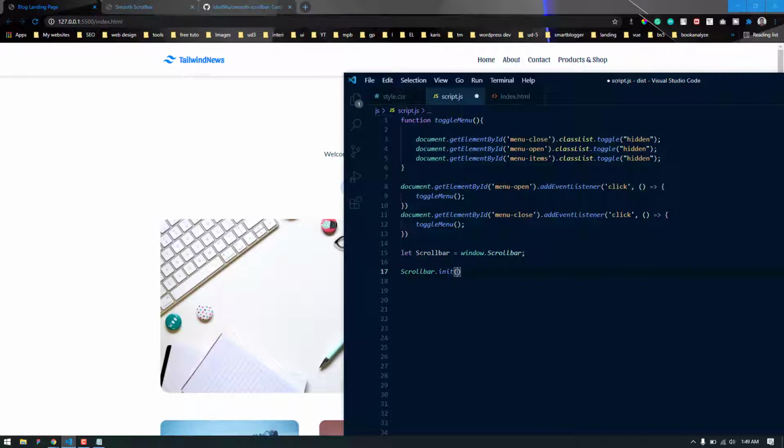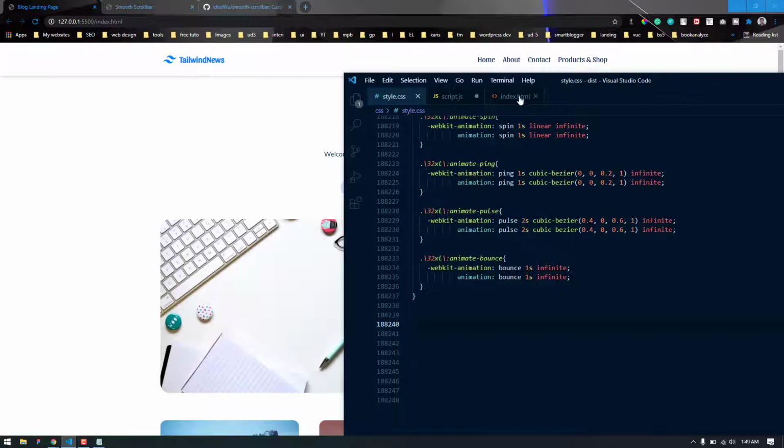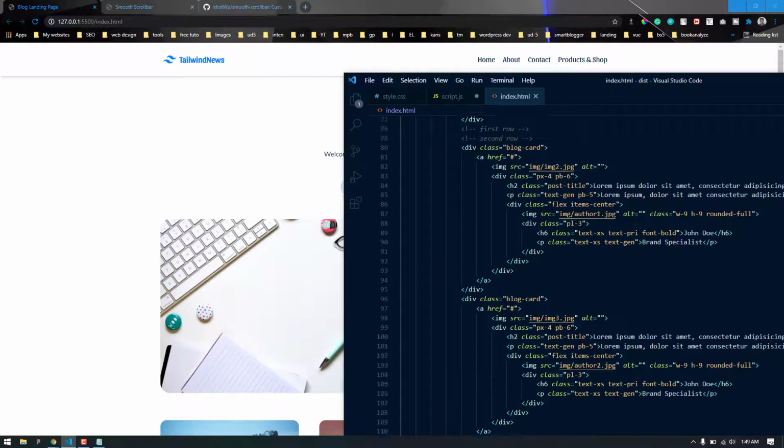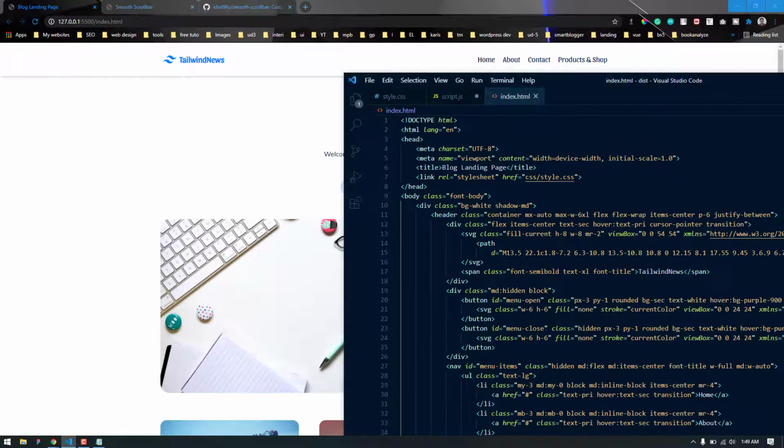Inside this, we can select the target we want to enable the scrollbar on. Suppose we have a separate section which needs the scrollbar, we can add it. But in this case, we are going to add the scrollbar to this entire web page. So in this case, it will be the entire body. So that's why we are going to target the body tag.